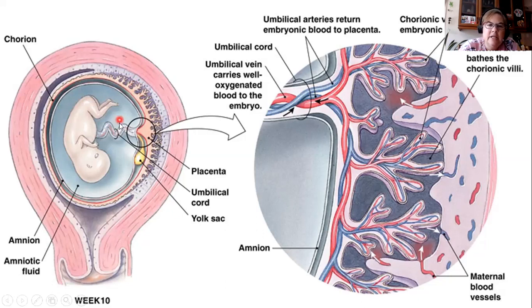And then if we take this image here, that's blown up so we can see a better view of it. So we can see what's going on here. Here's where the exchange is. So if I look, there's mom's blood, right? Here's the pools of blood here. The diffusion will happen through the chorionic villi into the fetal blood. So let's say there's oxygen here. So oxygen will diffuse through. And then, okay, oxygen will go through the blood vessels, right? But now there's no exchange happening here. The exchange is happening in the placenta. And now it's traveling through the umbilical cord, and then from the umbilical cord, it'll get to the cells of